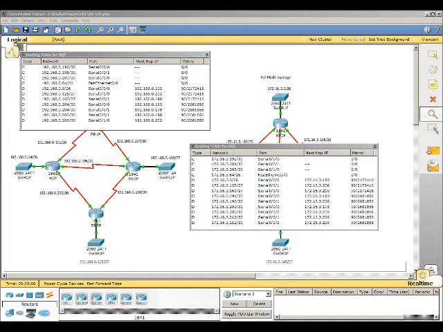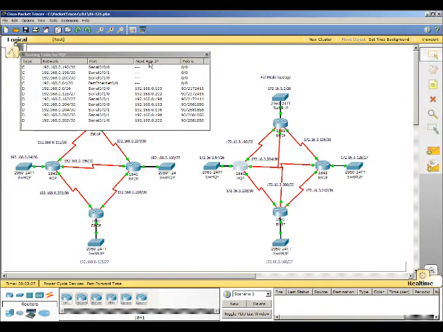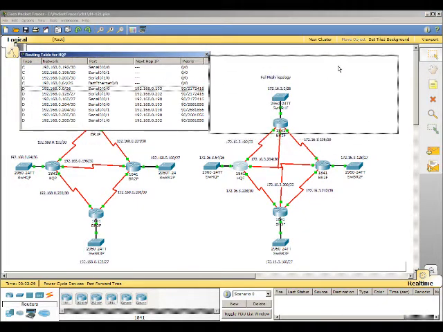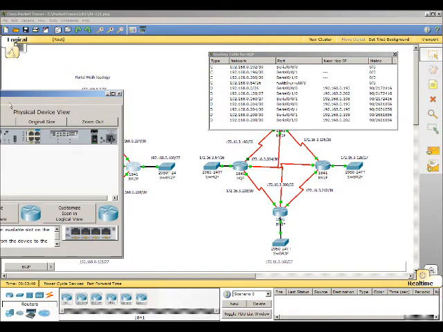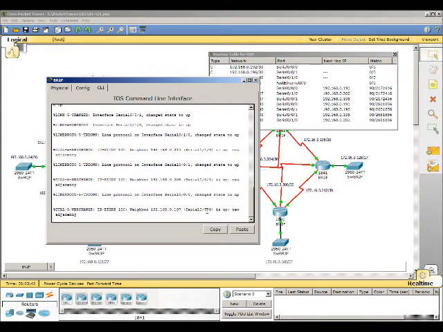And step 2, examine the routing table and observe the convergence of a partial mesh topology. Click on the selection tool or the pointer. We're going to leave this routing table for the HQP, which is the partial mesh topology. And we're going to click on the BR2P router, which is this one. We're going to go to the command line,